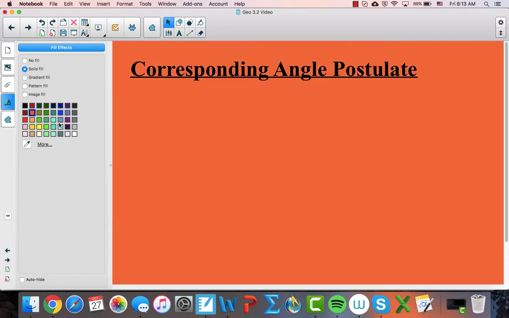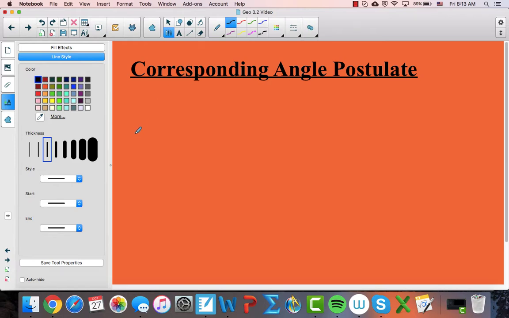Now in class tomorrow we're going to prove these, but today we're going to actually talk about them. If it's a postulate, then you have to accept it without proof. So I'm not going to prove the corresponding angle postulate. I'm going to tell you it's true, and you're going to believe me. But we're going to discuss that a little bit more tomorrow. But the corresponding angle postulate says that if two parallel lines,